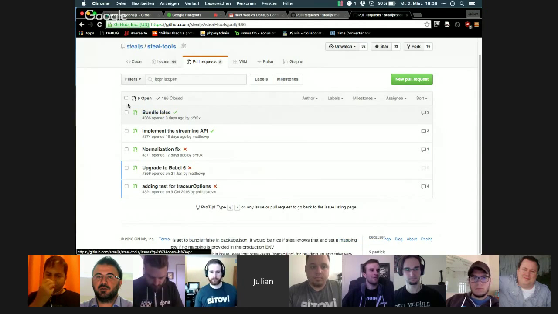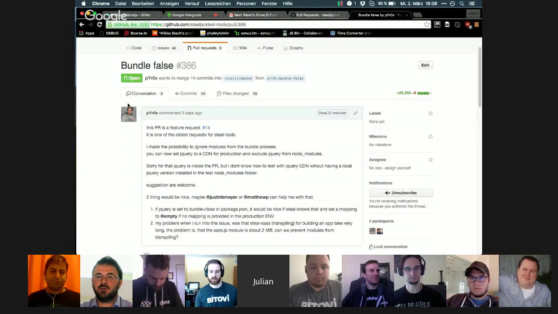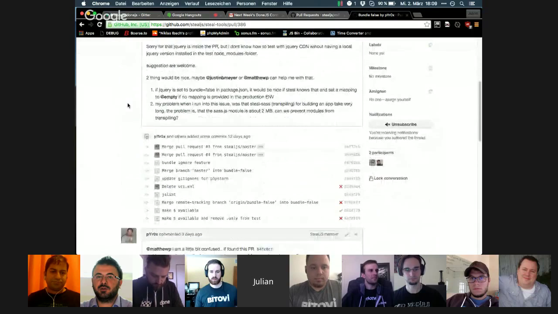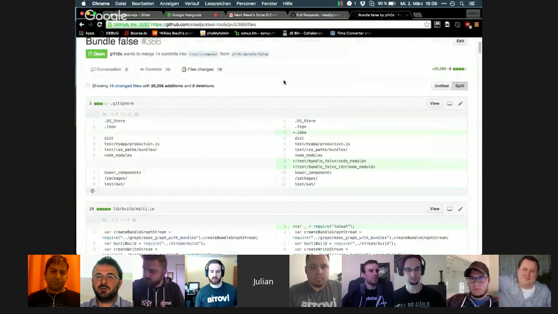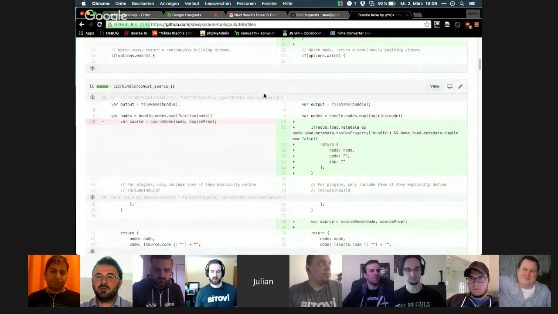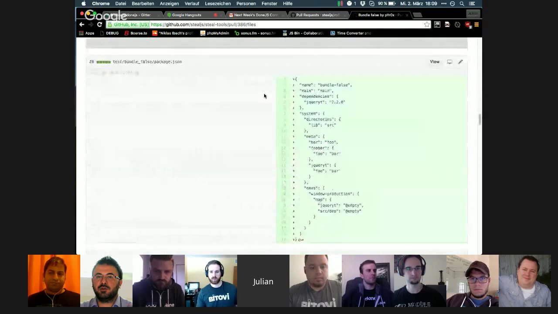So I made this pull request for StealTools, where we can now add modules on the metadata that would not build or would not bundle into the file. So we have this test here on